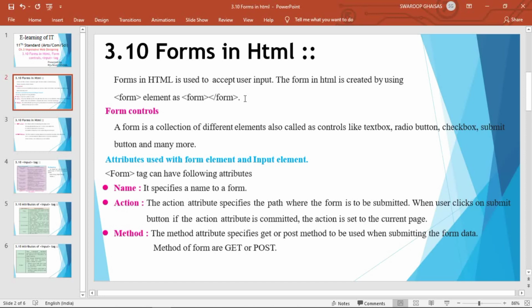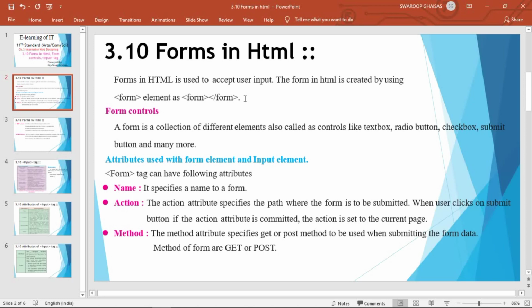Submit button is used to submit the data to a server. That is, once you have completed filling the form, that data should be submitted to the server with a submit button. Reset button is there to clear the form data. Or you can include another kind of button also to generate a certain kind of event. You can use a selection, text area, different form controls which can be included within a form. To have such different controls, we may use different elements, or we can have those elements with the help of the input tag with different attributes.